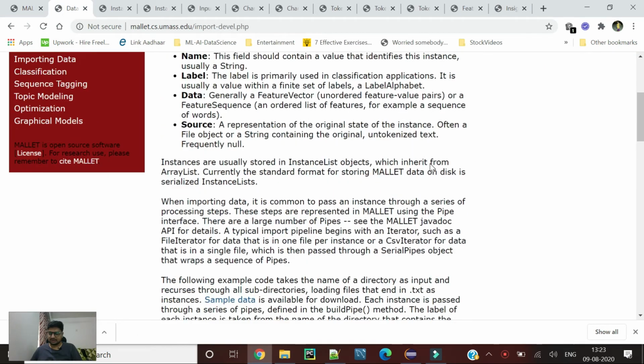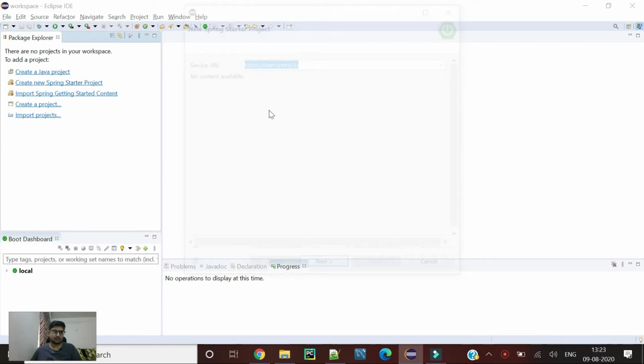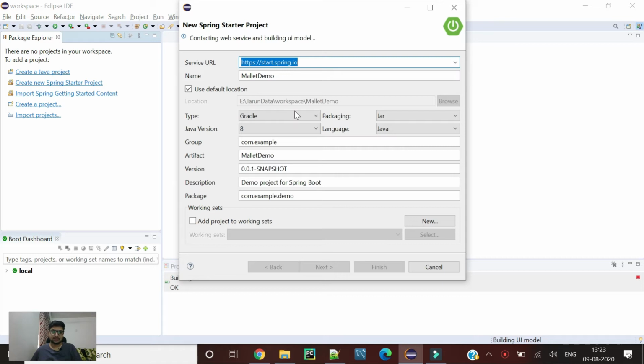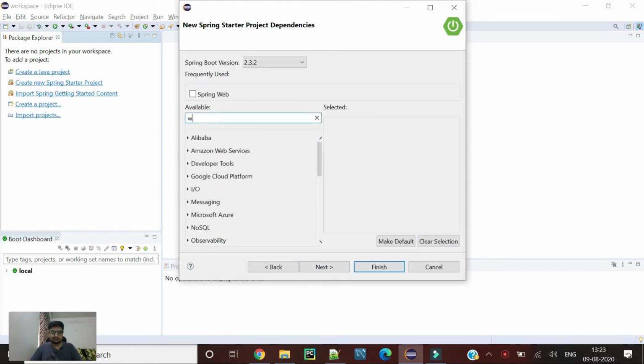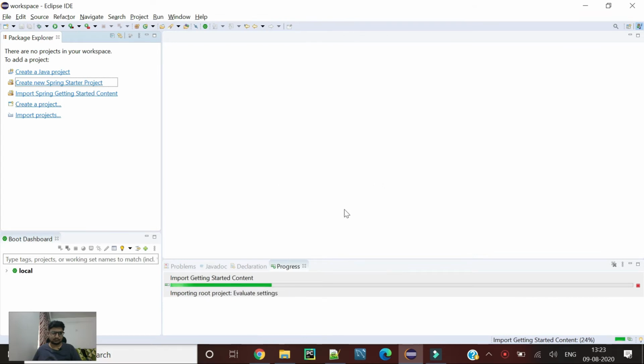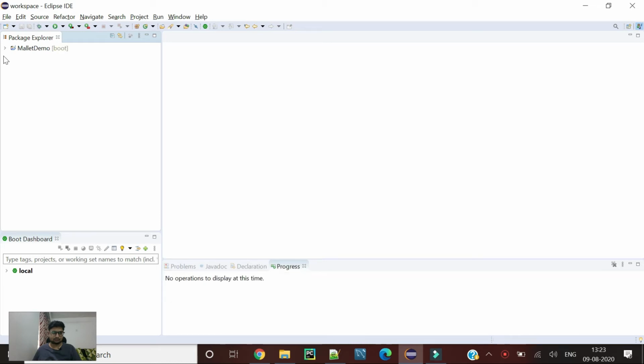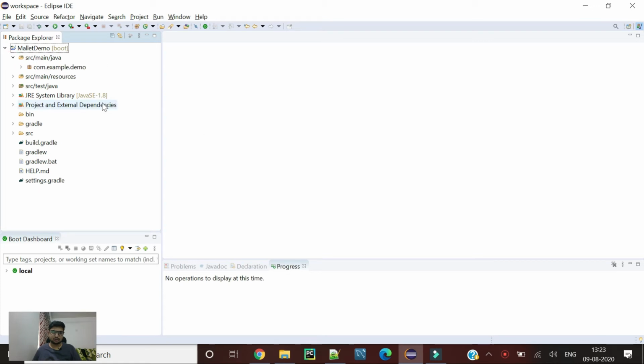So now let's start to implement this code in Java. I have my Eclipse open, and let's start with a Gradle project, because we need this in our next tutorial to implement it with Spring Boot and Gradle. Next, I'll add web. So it has created this project. We are not going to use Gradle for now, but let's just import the dependency.